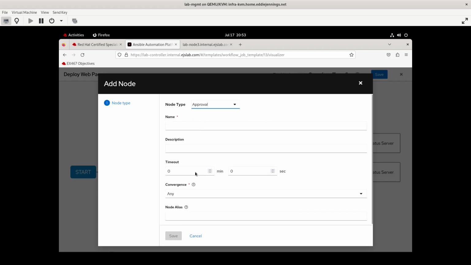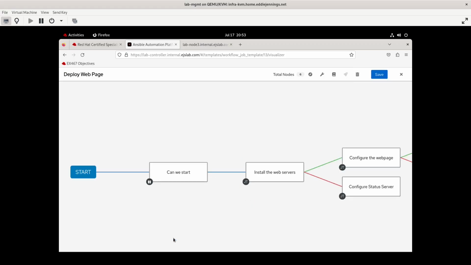Anyway, we're going to do an approval. We can start, will be the name of it. You can give it a timeout. So if someone doesn't respond after a certain amount of time, I'm just going to say 5 minutes, it will automatically fail. At least that's my understanding of it. It's not going to automatically pass because, again, why even have the approval? So I'm not actually sure if this user can approve stuff, but